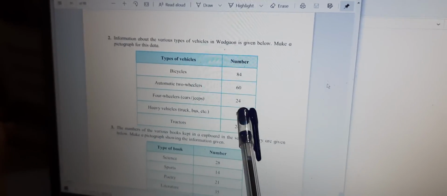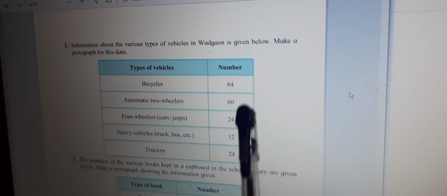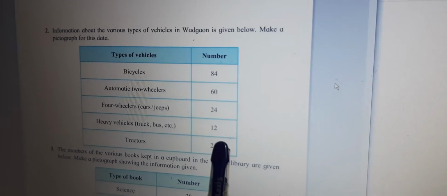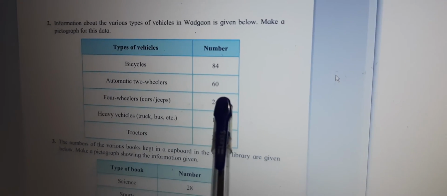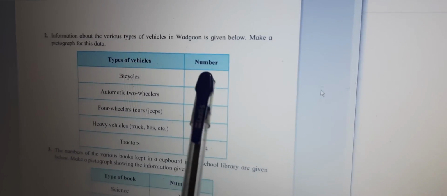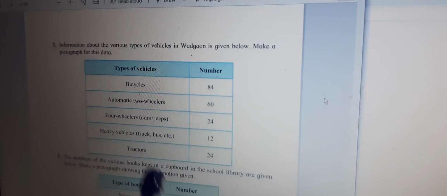You can check, children, 12. 12 is the number we will take for one picture. So you can show just a truck or a bus, like a four-wheeler or something like that. You can show any icon that you want. Or you can draw a bicycle here, a two-wheeler here, something like a car, a bus and a tractor. We take 12 because here we can show one truck or bus. Here 12 twos are 24, so 2 tractors you'll have to show. Here 2 four-wheelers you have to show, and 12 fives are 60, so 5 automatic two-wheelers you'll have to show. And here 12 sevens are 84, so 7 bicycles you'll have to show. So these two are for your homework. Second one you have understood.